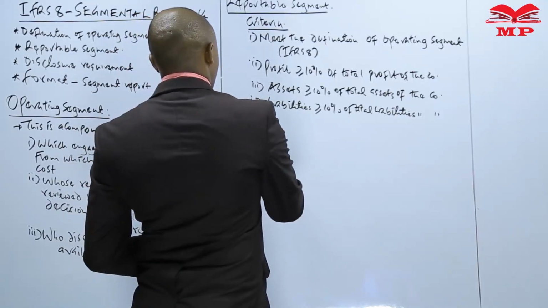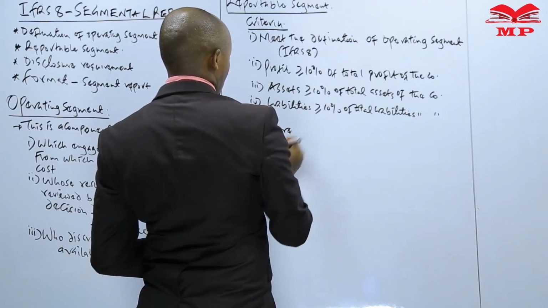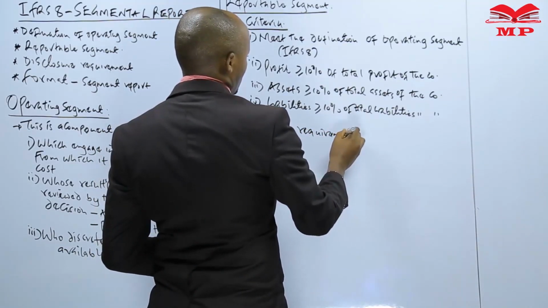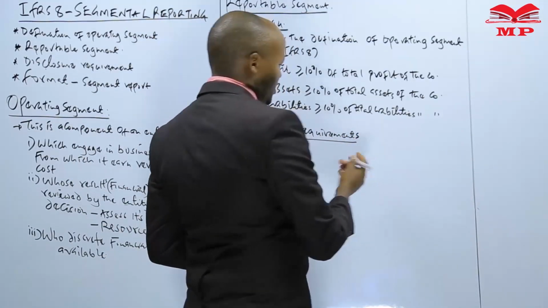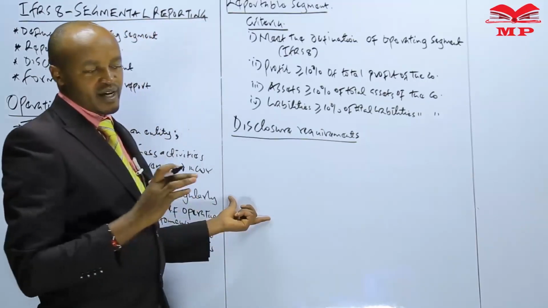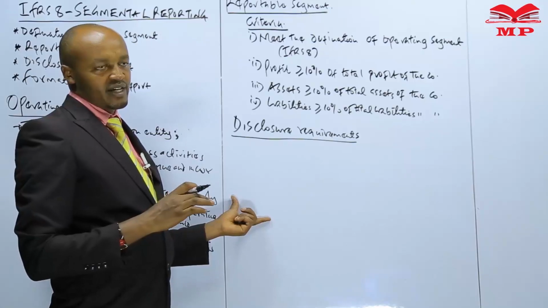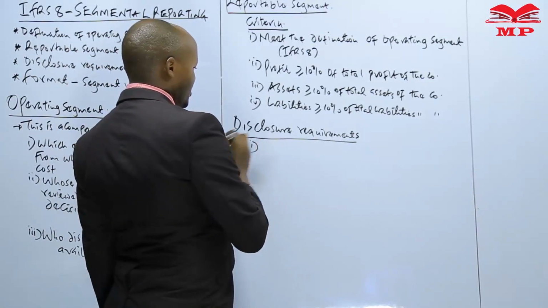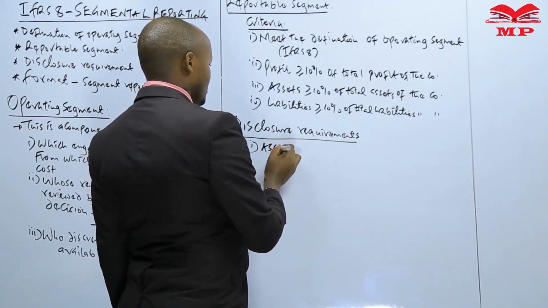Whenever a segment report is to be prepared, there is now the information which needs to be disclosed, or basically what IFRS requires as the disclosure requirements for the reportable segment. Disclosure requirement basically refers to the information which needs to be disclosed as far as each reportable segment is concerned. Now, the information which needs to be disclosed as far as each segment is concerned is the assets,